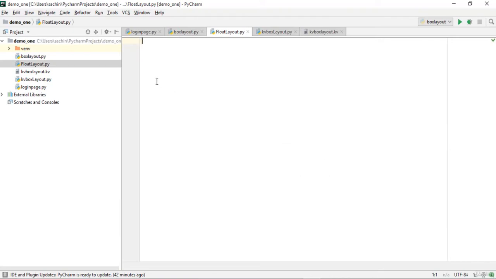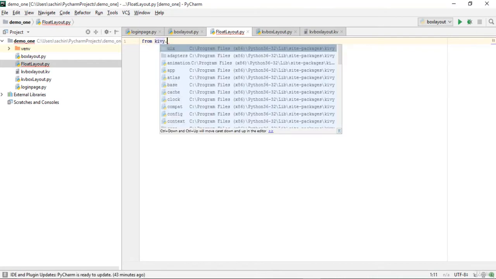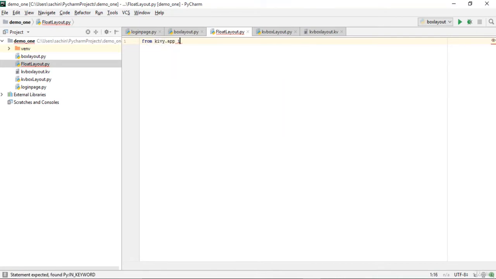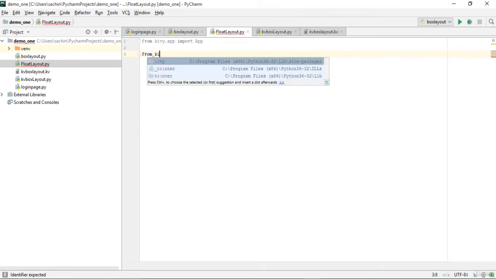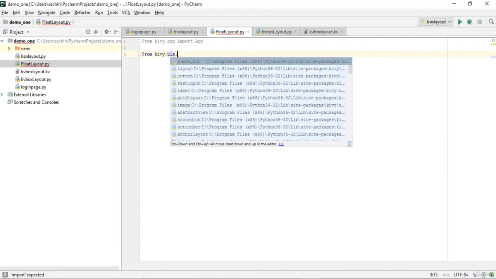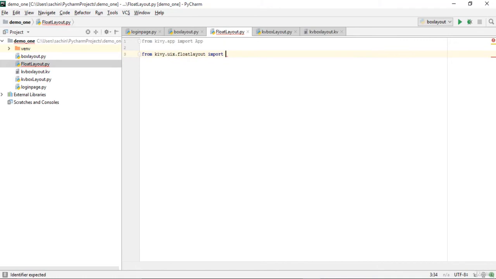Basically you should use some code that is really easy in order to make use of this float layout. First of all, import some Kivy modules, which would be from kivy.app import App, which is to use this app module for creating a child of our widget, so that it can be traversed and rendered on our output console. Next, I'll say from kivy.uix, in order to use this float layout, and it should be FloatLayout over here.